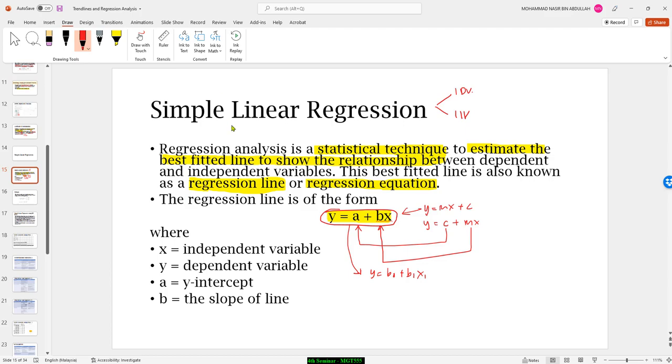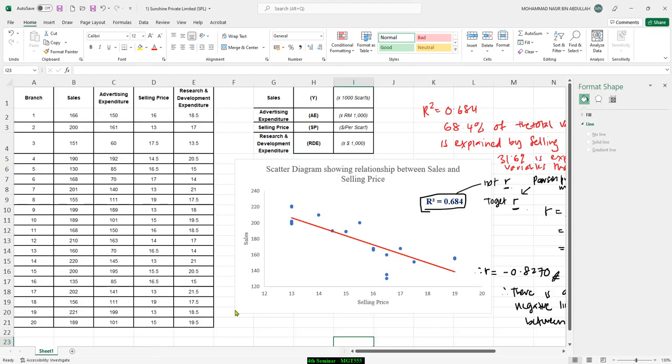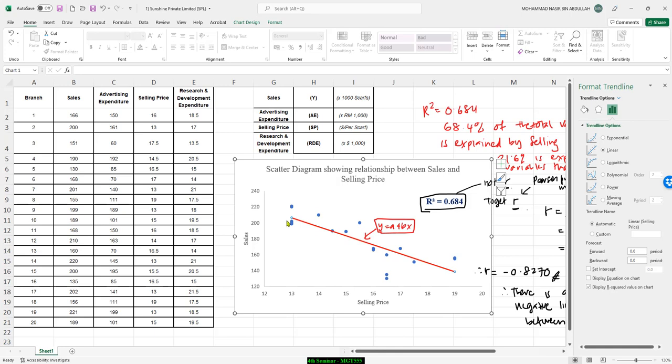So in this graph, the best fitted line is this, which is y equal to a plus bx, right? So we want to get this equation, right? Then we can estimate how strong the relationship is, and we can estimate the y value, right? So to get the equation, you just click the line. Do you see me click this line? And then